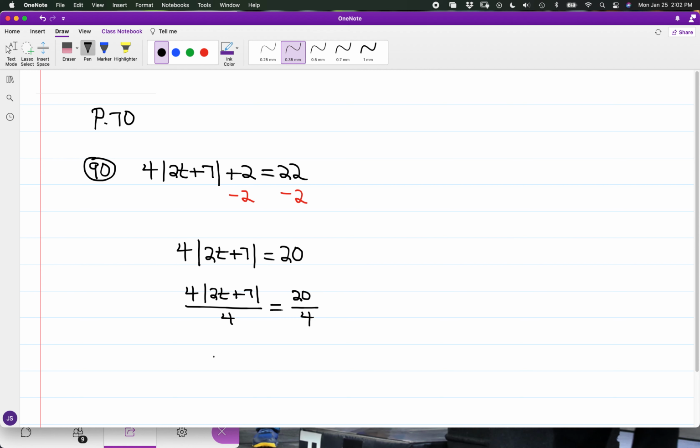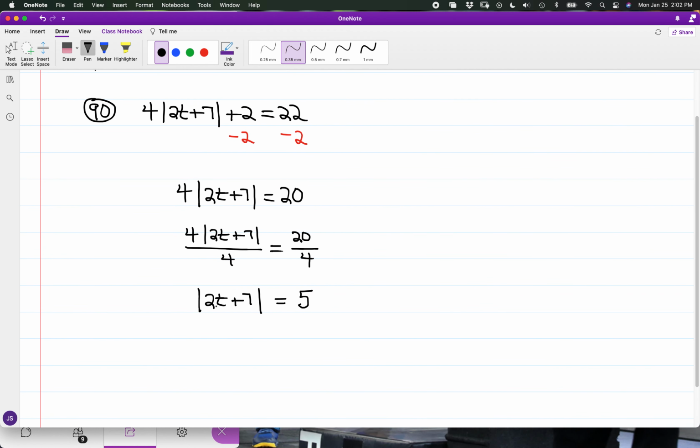the left-hand side of the equation becomes the absolute value of 2t plus 7, and for 20 over 4, that is equal to 5. And now I have the absolute value of 2t plus 7 equal to 5. In terms of solving for t, I'm going to remove the absolute value grouping symbols. And just keep in mind, we had the absolute value of x represented by the absolute value of 2t plus 7, and k is supposed to be a non-negative value,